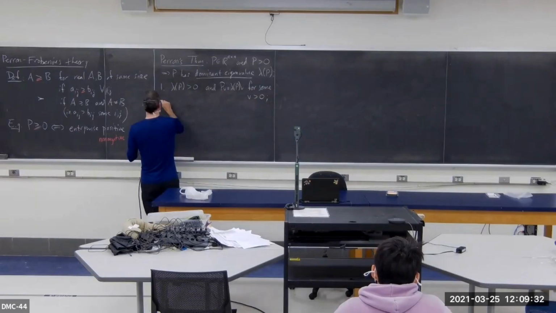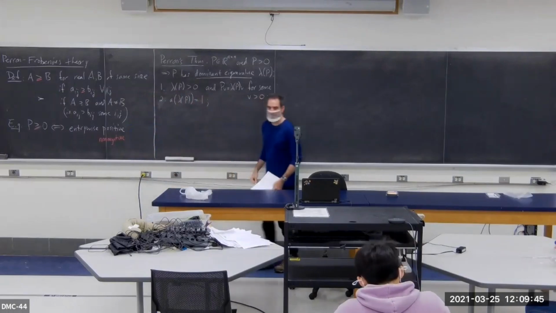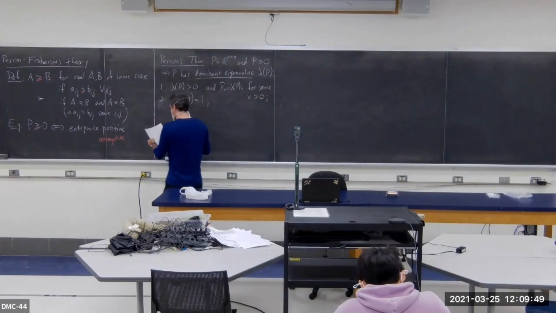Okay, 2. So it says that the algebraic multiplicity of this dominant eigenvalue is 1. Okay? Right now,